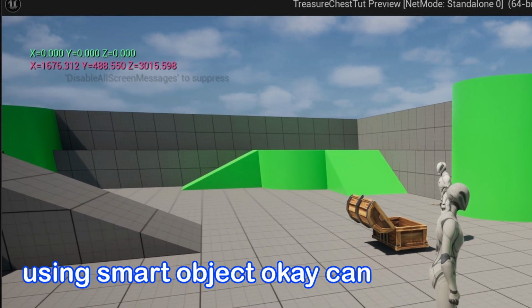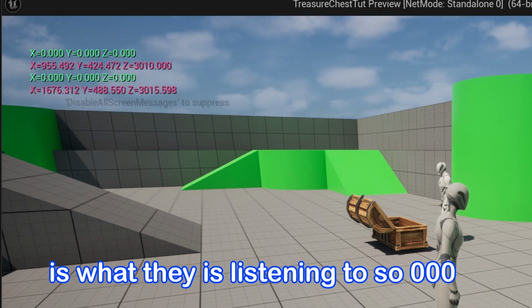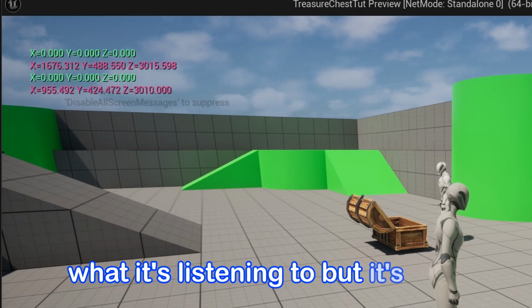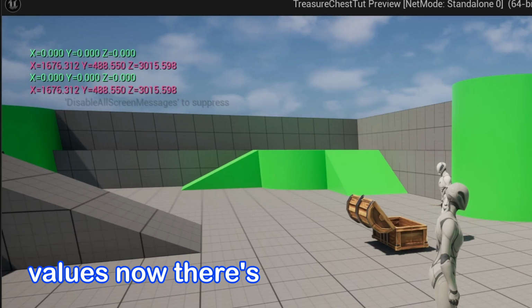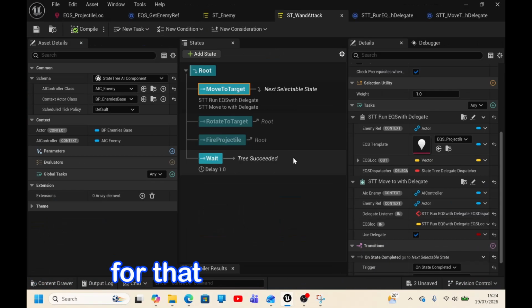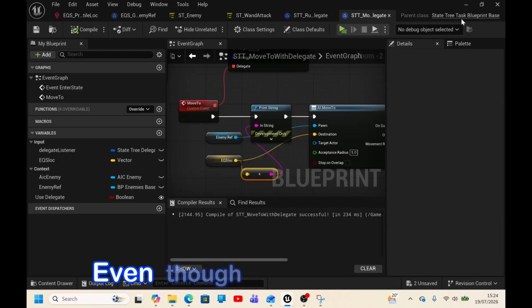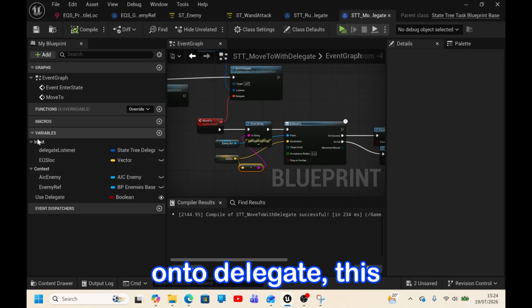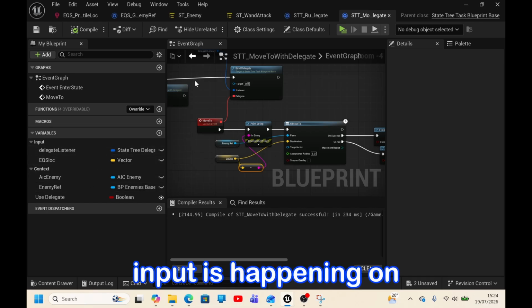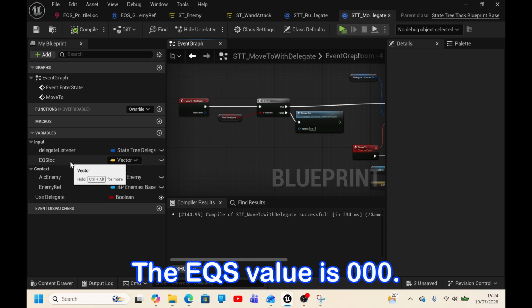Okay, can you see? So the X is what it's saving, but the Y is what it's listening to. So 000 is what it's listening to, but it's dispatching, it's saving it as the vector values. Now, there's a very good reason for that, and the reason is, even though this is listening on the delegate, this input is happening almost like on begin play, and on begin play the EQS value is 000, and this